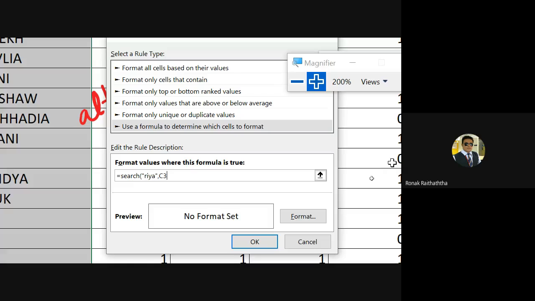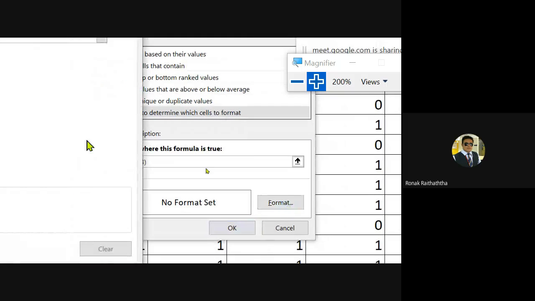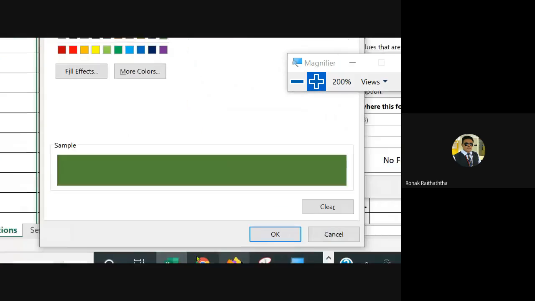That's why it's better to keep it C3 only right now. So we don't fix the column, and we don't fix the 3 either. Whatever range we have selected, if it appears anywhere within that range, it should get highlighted. So I'm just writing C3, closing the bracket, and now I would format and select the option of any color